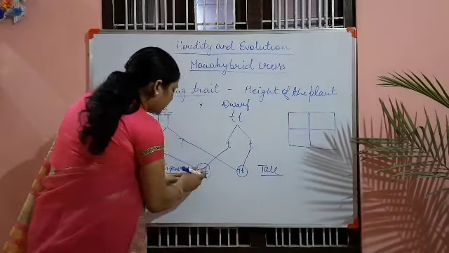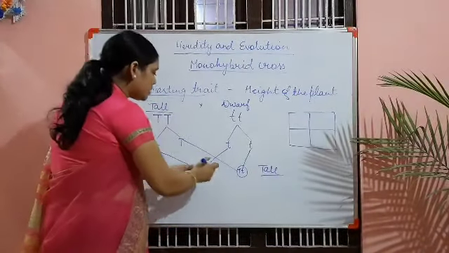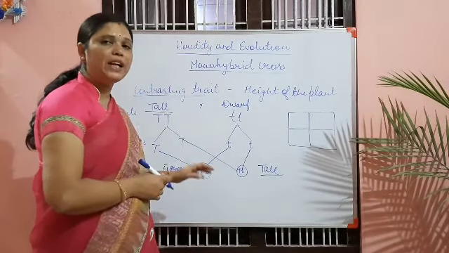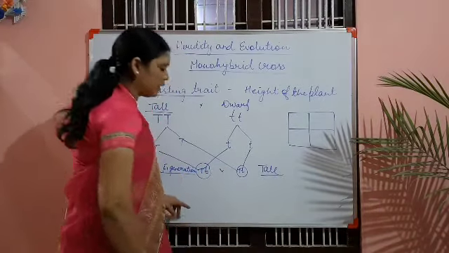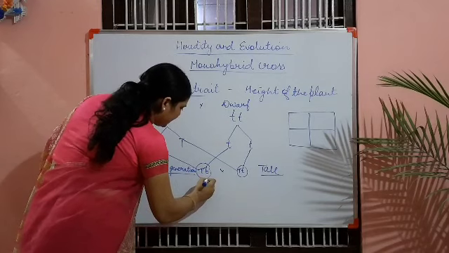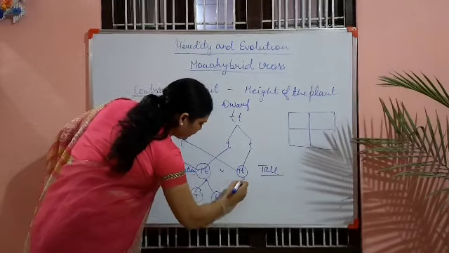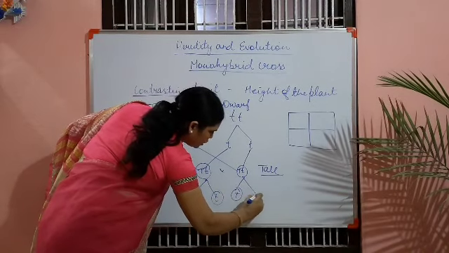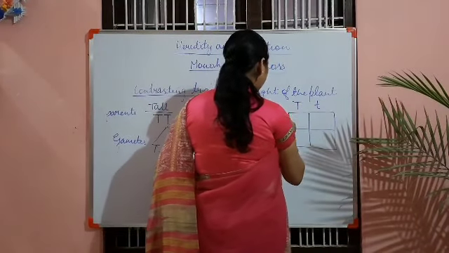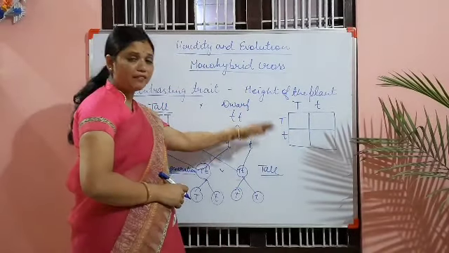Now on selfing, how will we get the F2 generation? When we self-cross, that is, cross among the progeny we obtained in the F1 generation, for example, we made a cross here. Then what will we get? We will get different gametes, isn't it? On one side we will get capital T, small t, and the same thing we will write here: capital T, small t. Just see, this is for the F2 generation.